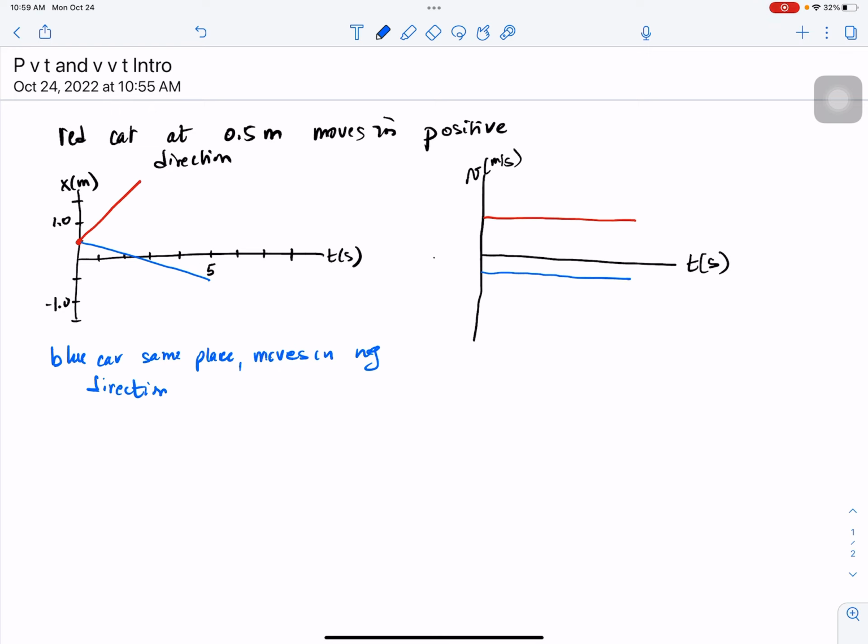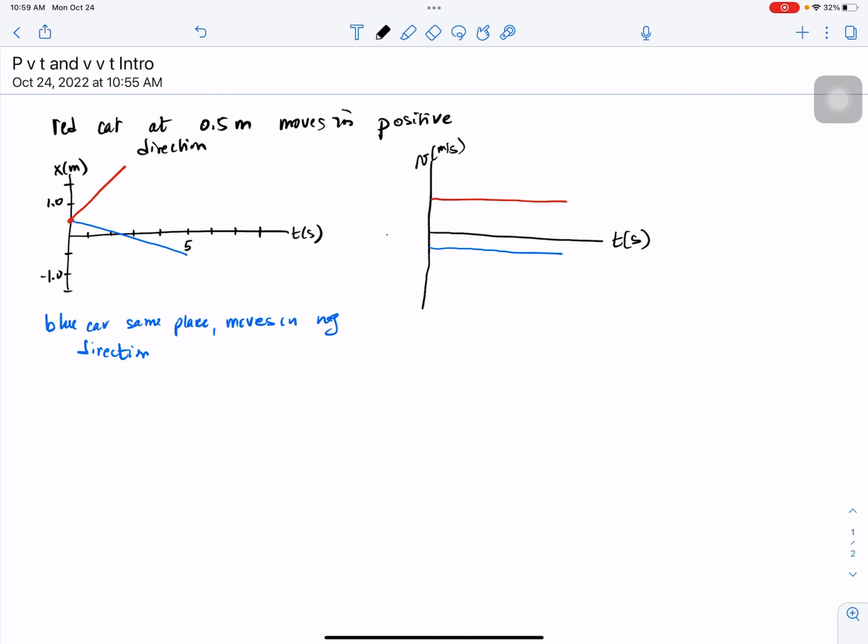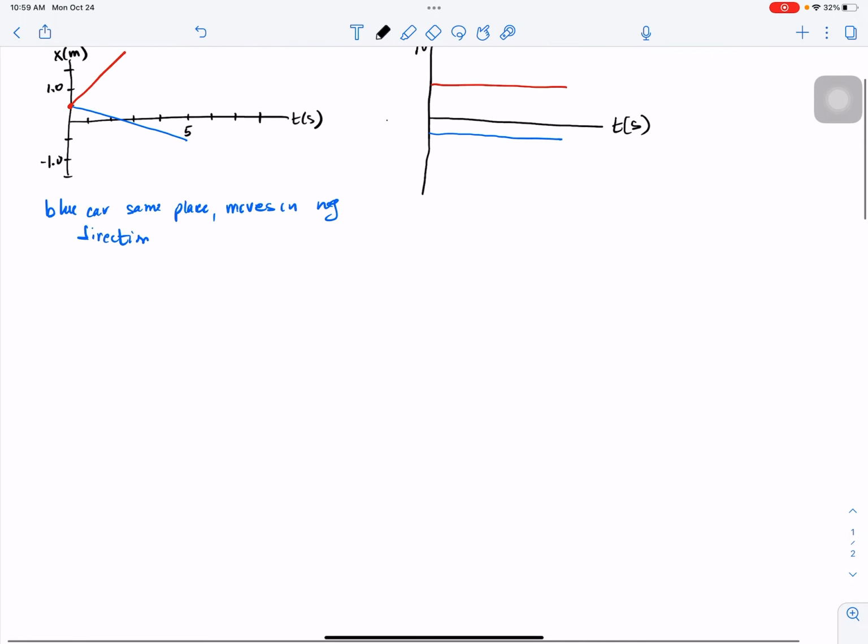All right, if you want one more practice, here is one more practice. And this will be sufficient for the homework. Even though I say it moves for 8 seconds, you do not have to plot each of the points if you do it qualitatively. The next one, just for another practice, we'll say red car